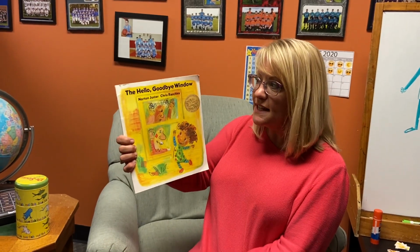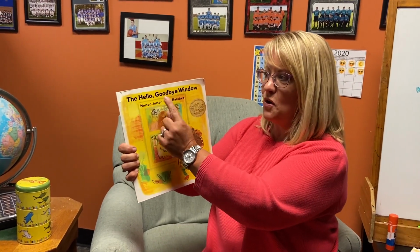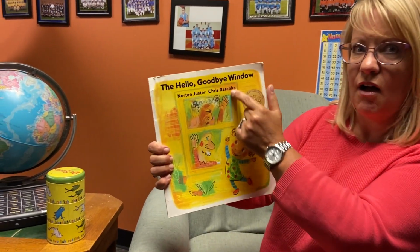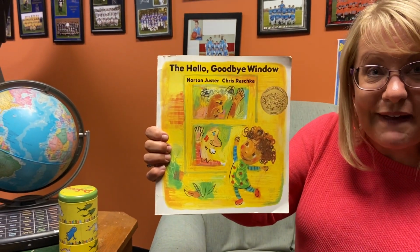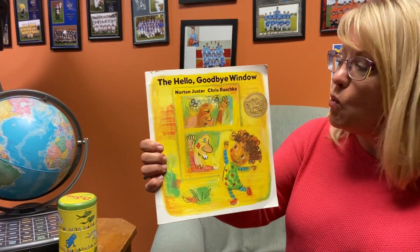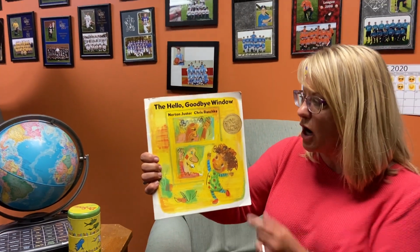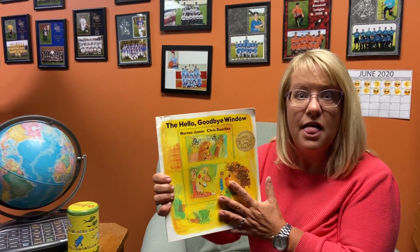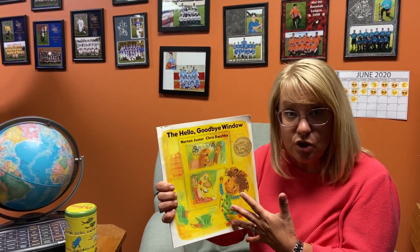All right, boys and girls, this one is called the Hello Goodbye Window. Do you notice something? It's the Caldecott Medal. You learned about that with Mrs. Casamassa in the library. This means that this book won the award for Best Picture Book the year that it